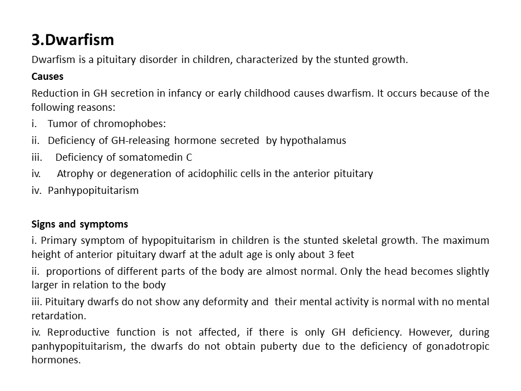In this condition, there is reduction in the secretion of all the hormones of anterior pituitary gland. This type of dwarfism is associated with other symptoms due to the deficiency of other anterior pituitary hormones. Signs and symptoms. Primary symptom of hypopituitarism in children is the stunted skeletal growth. The maximum height of anterior pituitary dwarf at the adult age is only about 3 feet, but the proportions of